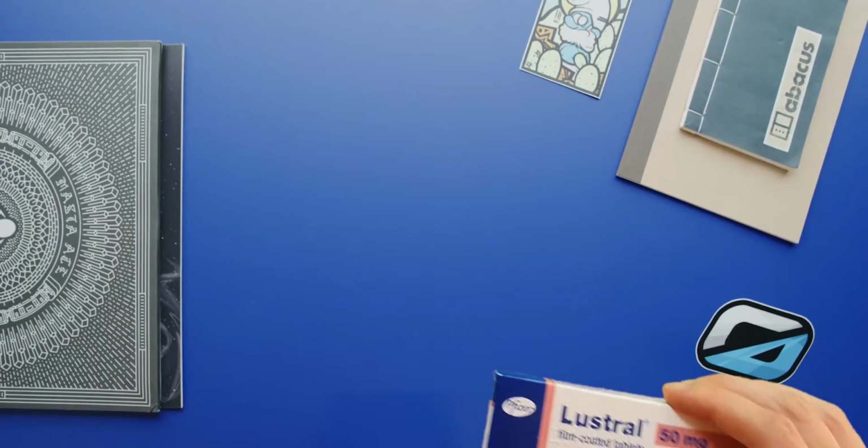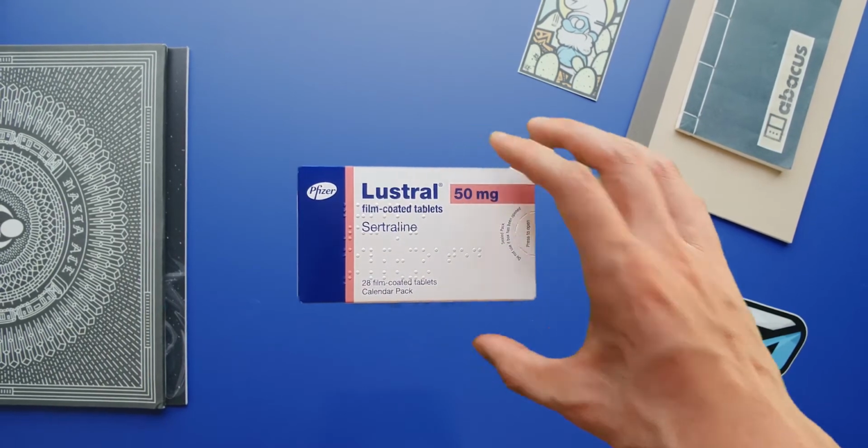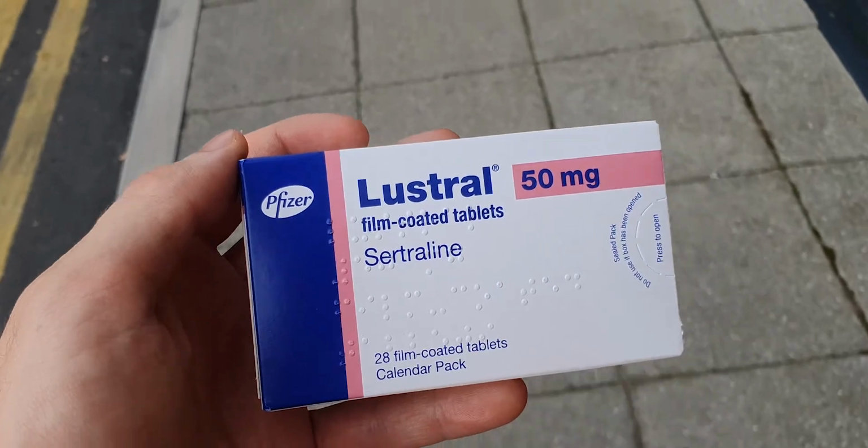What's up? MKBHD here. I've been using these antidepressants for about a month now, and these are some of my first impressions. So Pfizer dropped this contribution to the tablet market a couple days ago, and immediately from the box